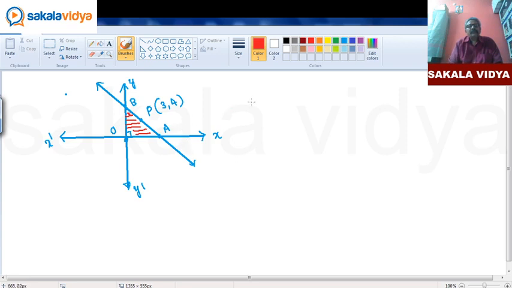For example, let us say A is equal to (a, 0) and B is equal to (0, b). So now the equation of the line will be